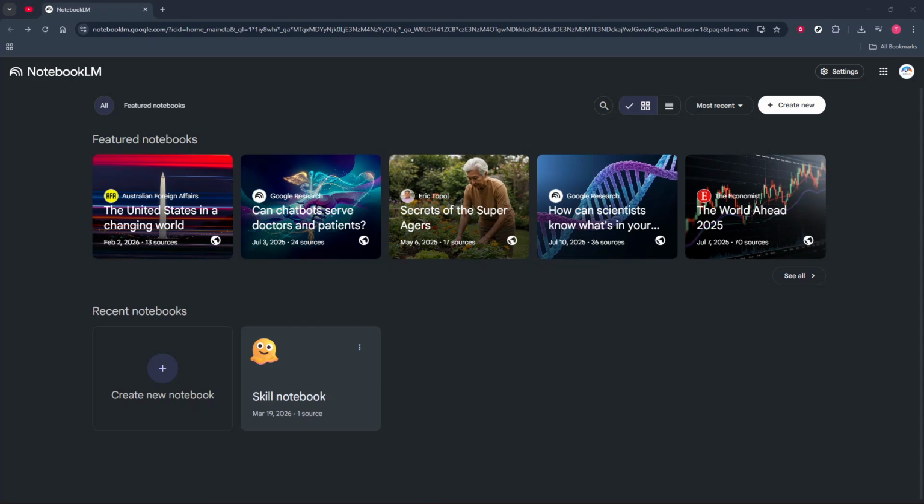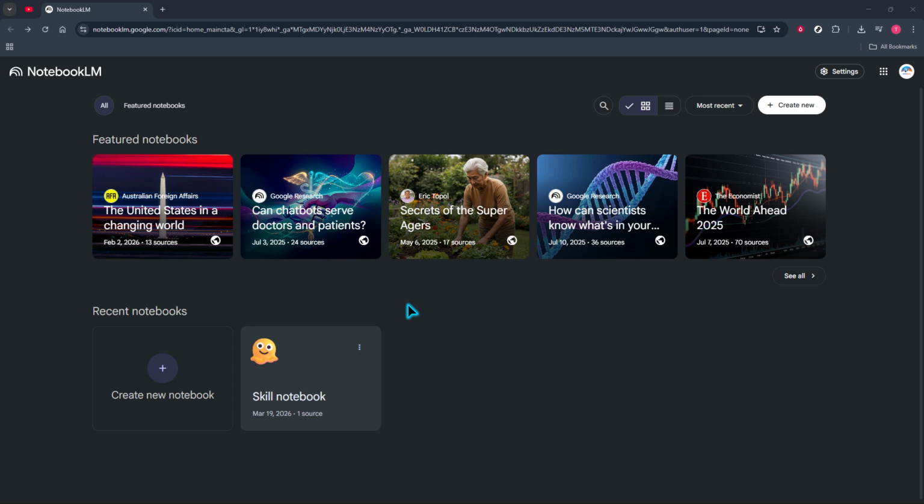In today's video, I'm going to teach you how to use mind maps in NotebookLM. Mind maps in NotebookLM turn your sources into a clear visual snapshot of the big ideas and how they connect. They're perfect for quickly understanding complex topics, planning projects, or studying more efficiently, and you can create them in just